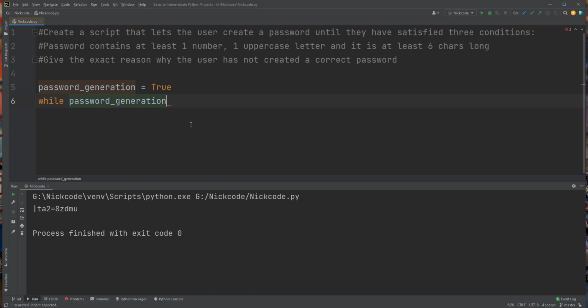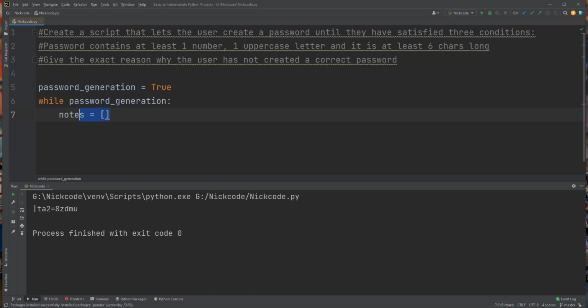Okay. Using password generation, first of all we will make an empty list. This list will add up all those comments which have not been met. Okay, I would be describing it,